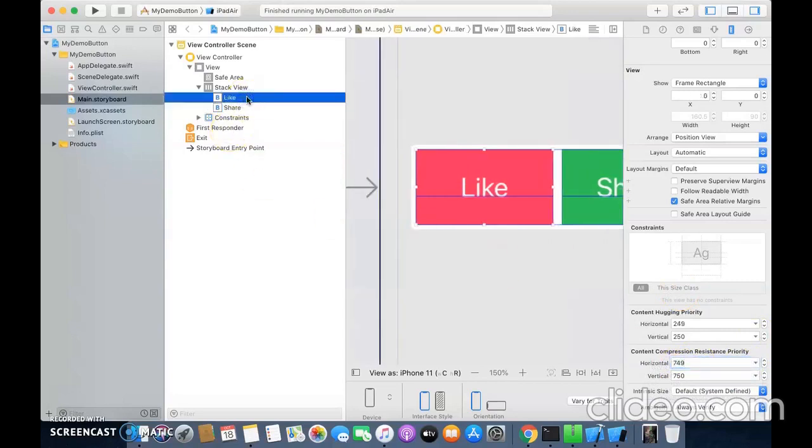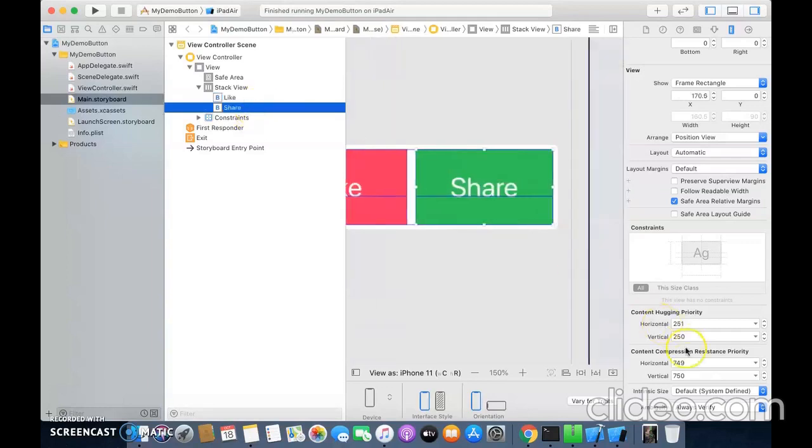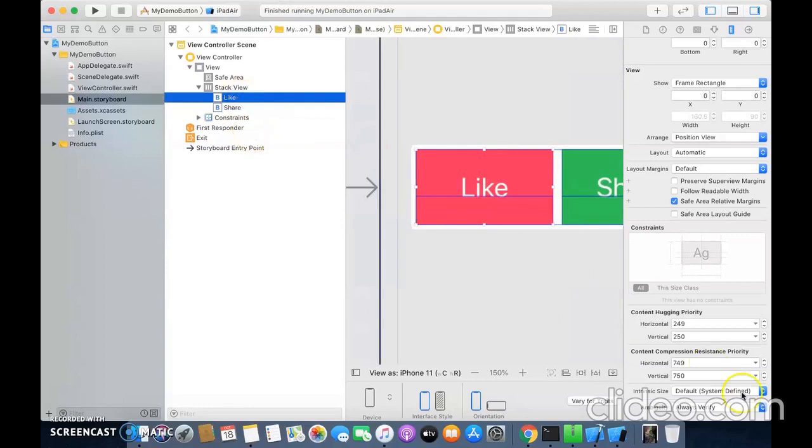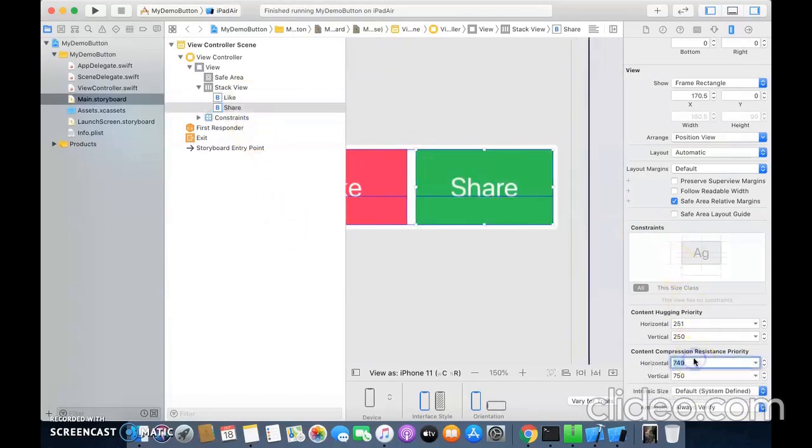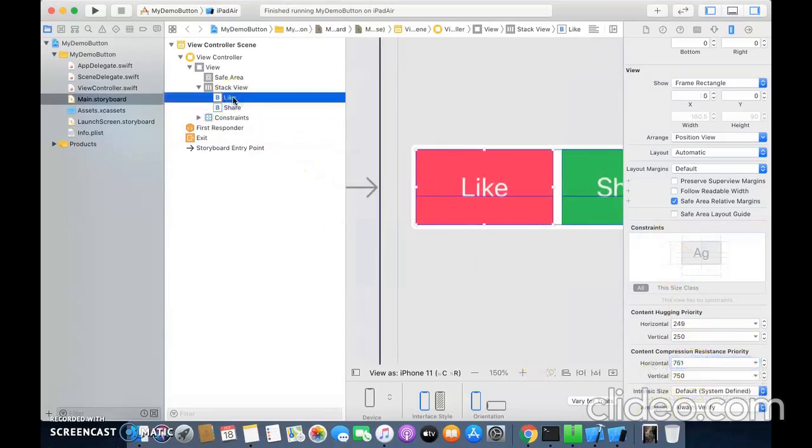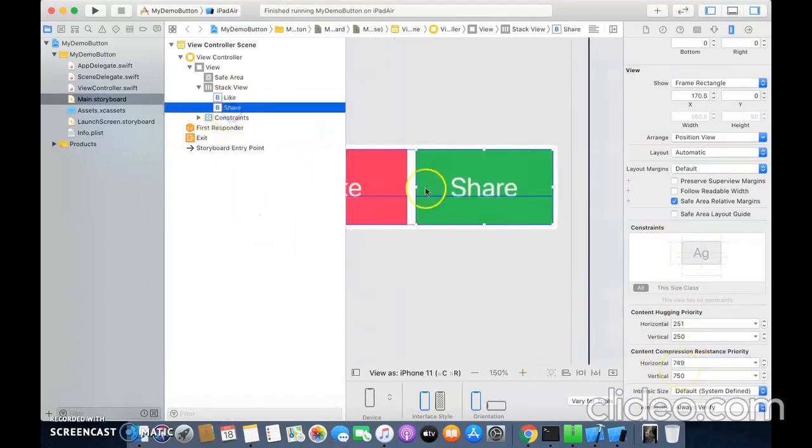Decreasing means it will resist the compression less, and increasing will resist the compression more. So we have increased the value for the like button, and we have decreased the value for the share button.